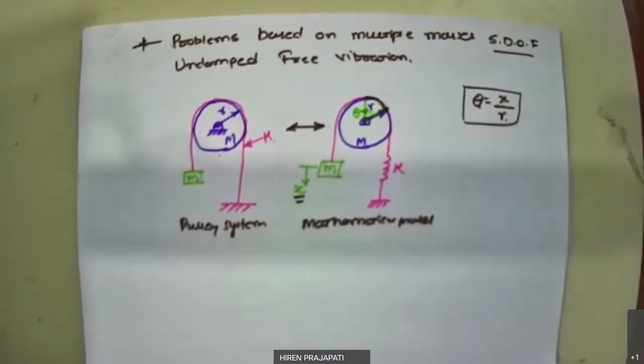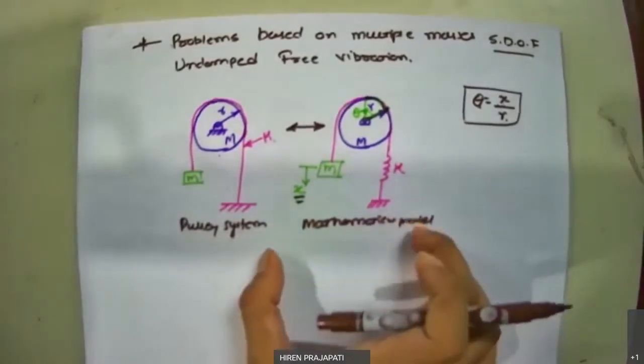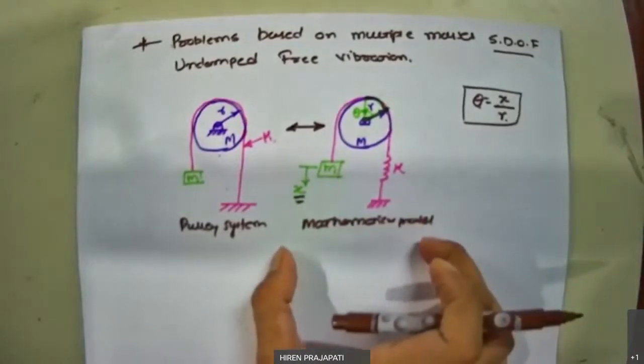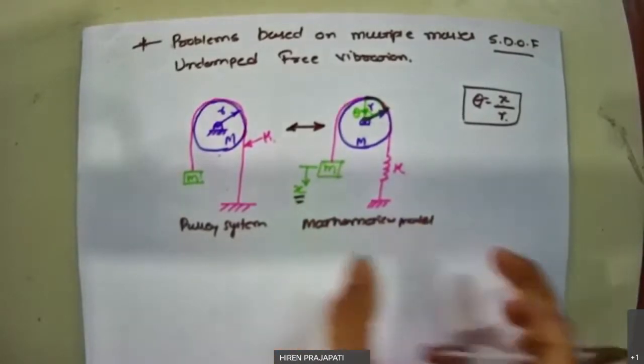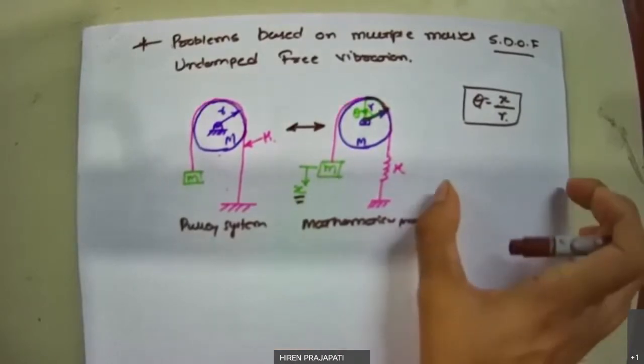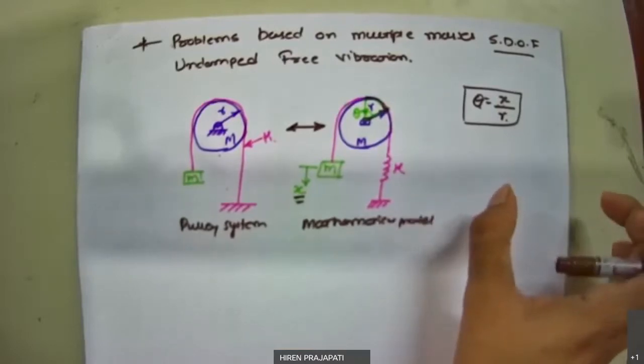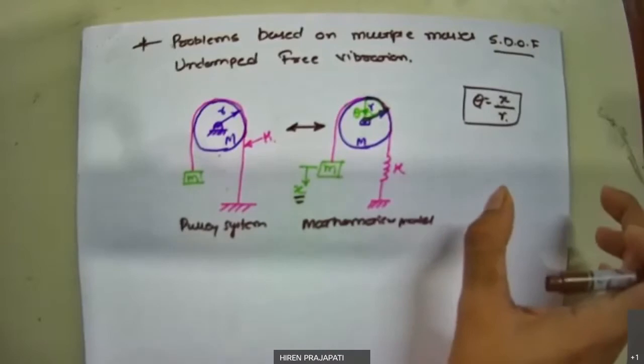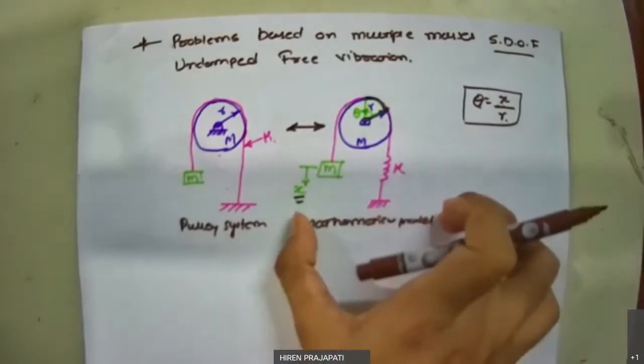Okay. Now we are interested to find the natural frequency, right? So far we learned two approaches. One is Newton's approach and the second is the energy approach. Let me first go for Newton's approach. For the solution of this type of complex system, the energy approach is good, but to demonstrate that, first we'll derive the natural frequency equation using Newton's approach, and then we will do the same using the energy approach. Then you will see how handy the energy approach is for this type of problem, right?